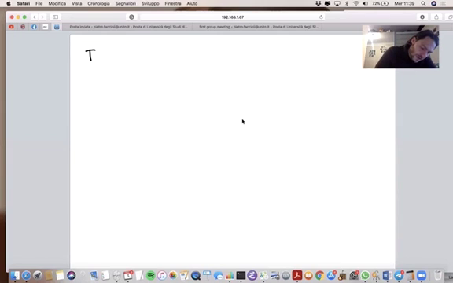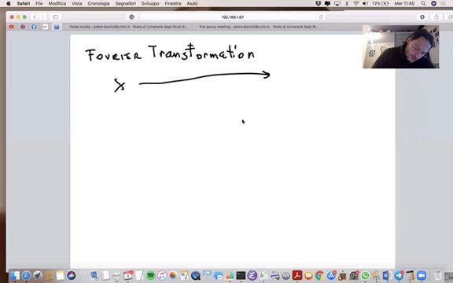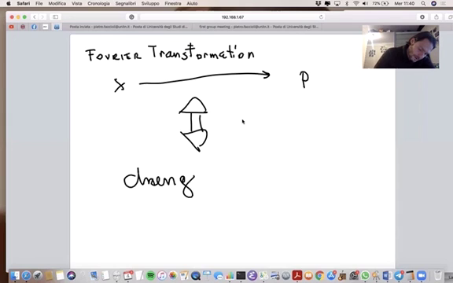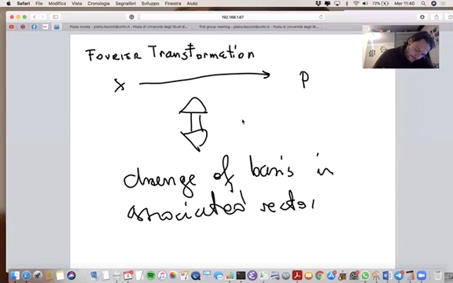is that based on this analogy, Fourier transformations, which were used to go from, say, the X representation to the P representation, were in fact equivalent to a change of basis in the associated vector space. The vector space is the one we use to represent this function after discretization. And basically, the structure of a Fourier transformation was that of an orthogonal, in this case, unitary transformation. I will go into that later, the difference between unitarity and orthogonality. Anyway, a transformation in the form